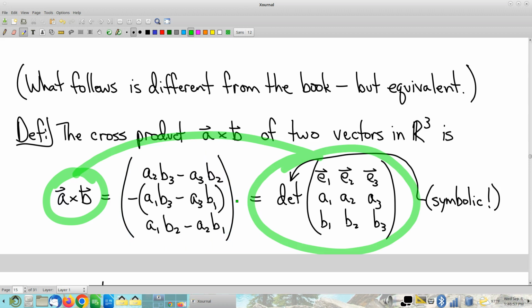This is what I like to call a symbolic determinant. Just to be fair, if you take a determinant, you're supposed to take the determinant of a matrix. The elements in the matrix are supposed to be numbers, but notice up here I have standard basis vectors where numbers are supposed to be. That's a square peg round hole kind of situation. You're not really supposed to do that. It's questionable whether you should even call this a matrix, and can you take the determinant of something that is not clearly a matrix? So if you ignore all of that, just let the sloppiness go,